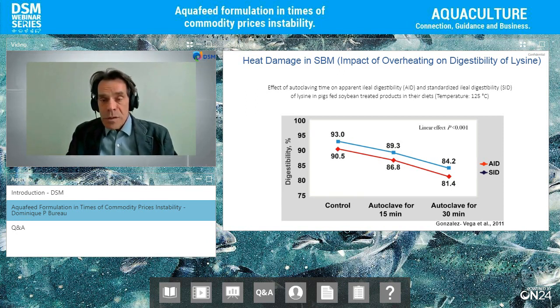Over the years, I've realized this. The main determinant of ingredient quality is not the origin, it's not the cultivars and stuff like that. It's very often how you process these ingredients at the plant, not the feed manufacturing plant, but the ingredient plant. And you as a feed manufacturer don't have any control over this. You don't decide how the soybean is crushed, how the canola is crushed and processed.